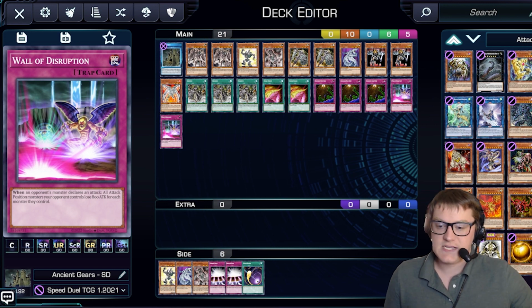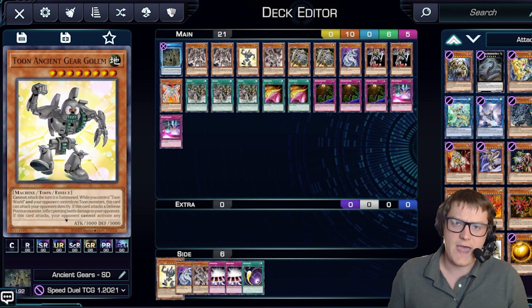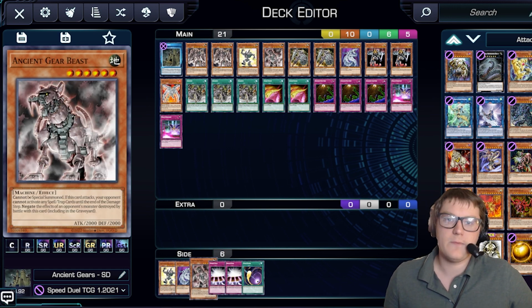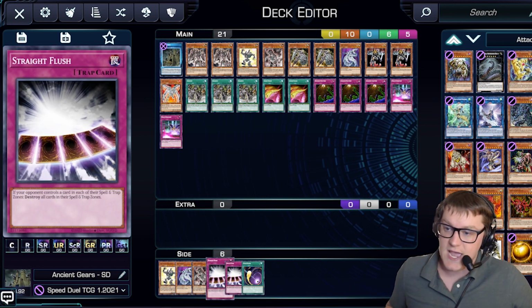I had to stick to GX, so my side consisted of another Toon Gear Golem, like I mentioned, in case I saw that. More opportunities to get Toon Gear Golem out than I did with like Ancient Gear Golem. Another Cyber Dragon, another Beast in case. The one that I want to mention, this is in GX, and this is another trap